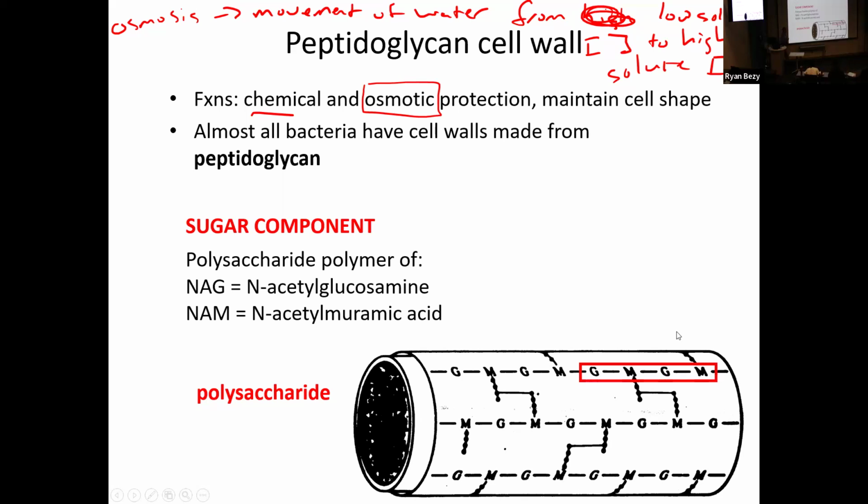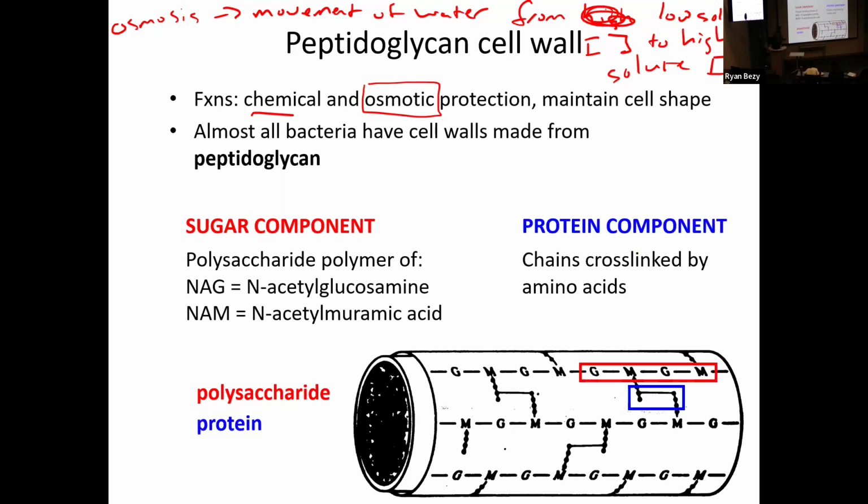They alternate. It builds a polysaccharide sugar chain, many sugars joined together, but it always alternates NAG, NAM. You get one polysaccharide chain, you get another, you get another, you get many of these polysaccharide chains formed. That's going to be the sugar component of peptidoglycan, but then it also has a protein component,